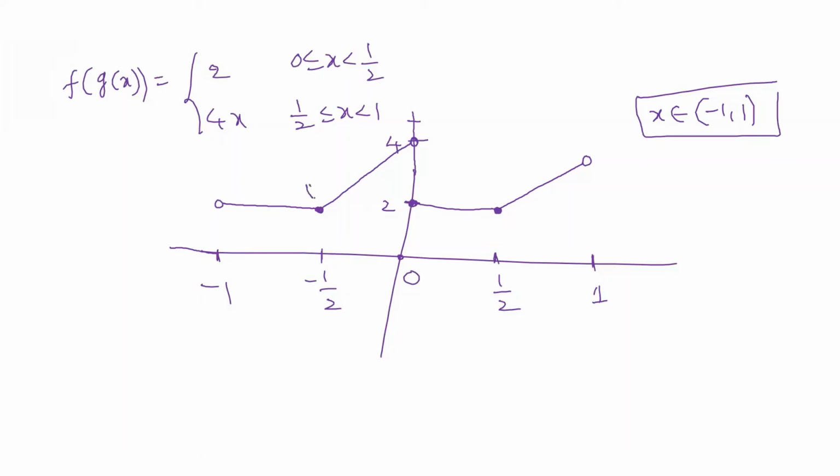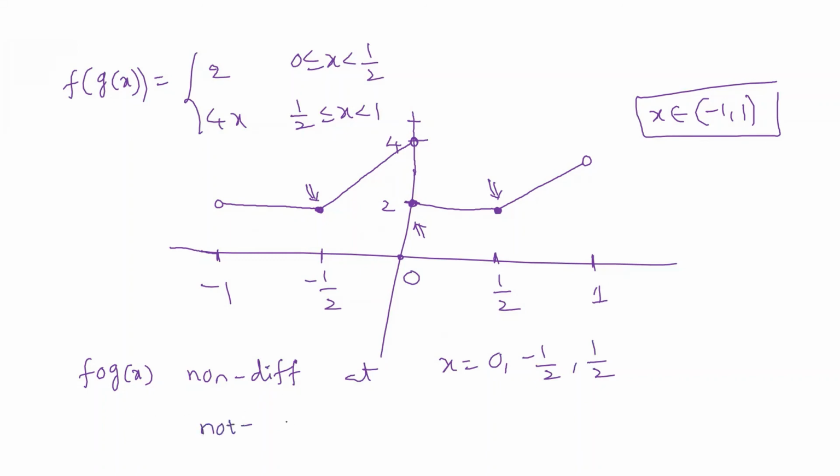See, this is the point where it is going to be non-differentiable. At this point, it is going to be non-differentiable, and also at x equal to 0, it is non-differentiable. So that you can directly see now. So f of g of x is going to be non-differentiable at x equal to 0, at x equal to minus half, and at x equal to plus half, right? As we got the corners here, and it is continuous at this point, and it is going to be discontinuous at x equal to 0, right? At x equal to 0, it is going to be discontinuous. Okay, so that is what they have given here.